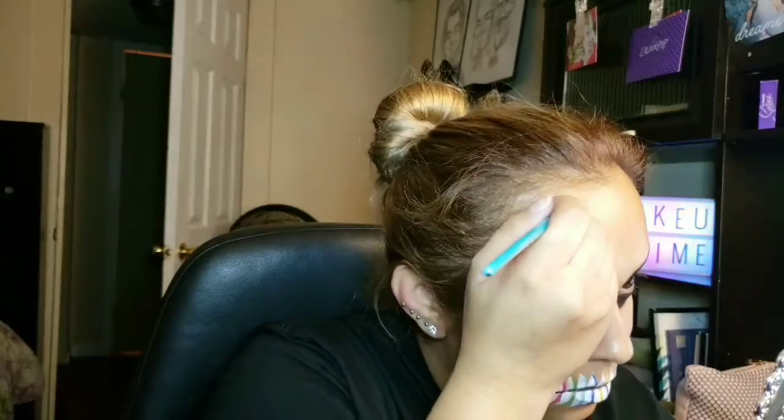Then I went ahead and did the teeth. Here I am showing you how I did the teeth with the brush and the white paint. Then I went ahead and used this tiny brush to go ahead and...